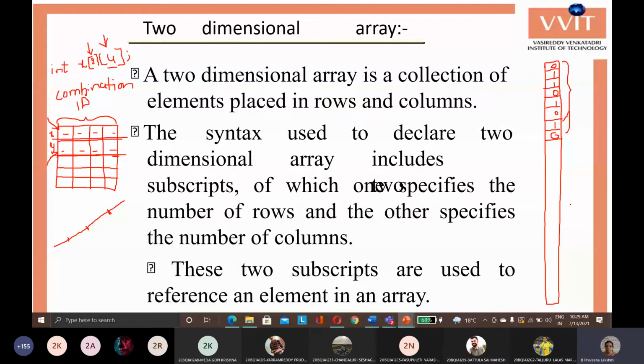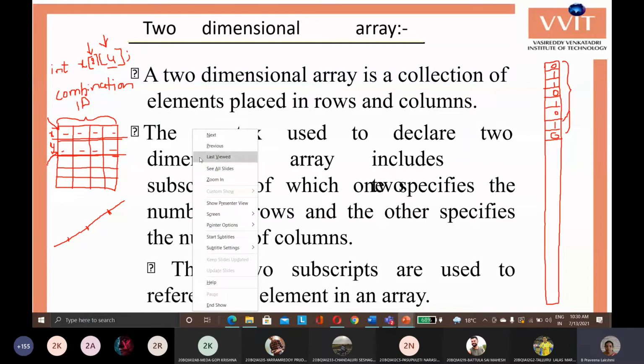Say for example for one integer value you require 4 bytes. So you have 4 combinations of 8 bits, that is 32 binary values, which will form one integer variable. But for our better understanding we are writing like this, in table form, row form and column form. But it doesn't actually have it like that.